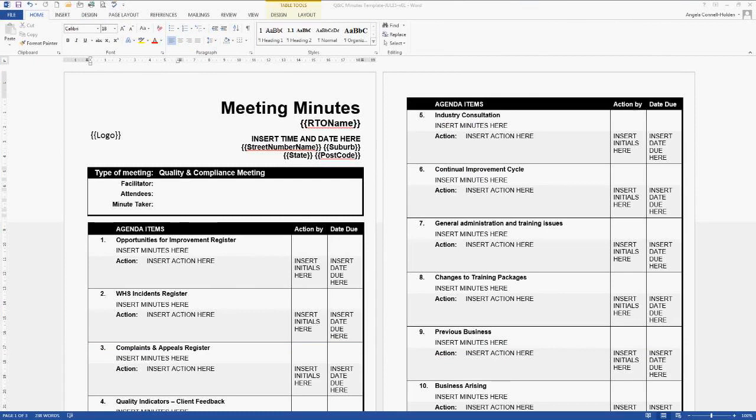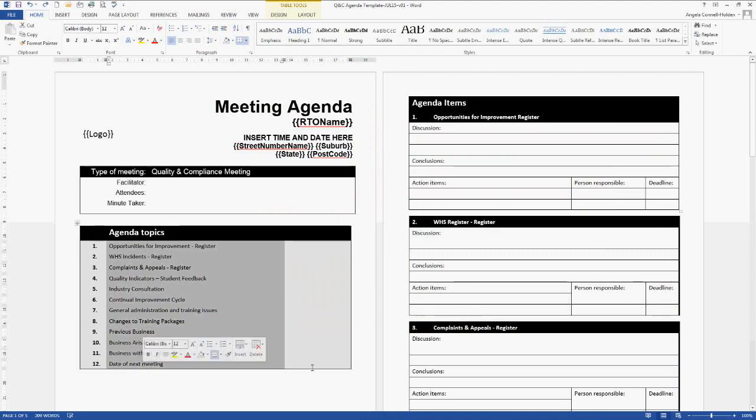A meeting agenda, these are the agenda topics in this column here, showing you what the agenda topics are. So you'll see all of these relate around standard 2.2. Actually, essentially every single policy and procedure that we have in that Q&C manual relates around 2.1 and 2.2. So 2.1 is if you're non-compliant in any other standard, you're going to be non-compliant in 2.1. 2.2 is how we're going to ensure that you're compliant with 2.1, is that you're going to hold monthly meetings, and the other thing you're going to do is hold yearly internal audits.